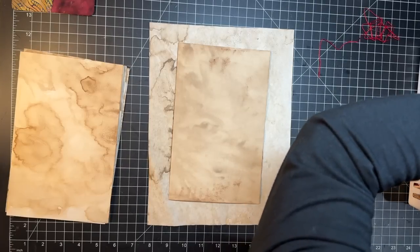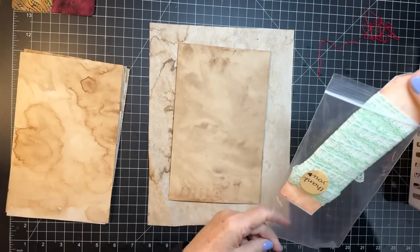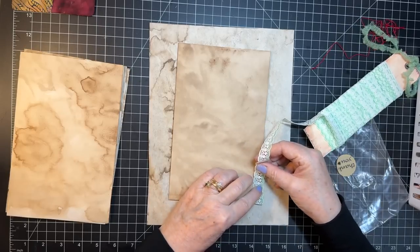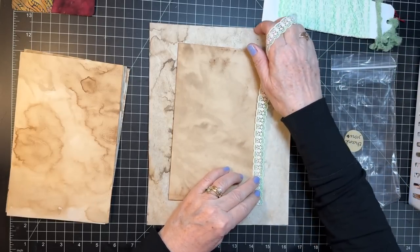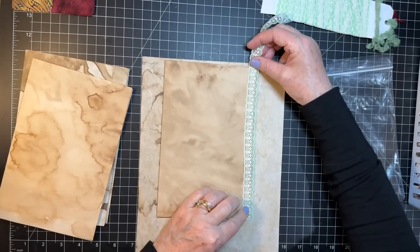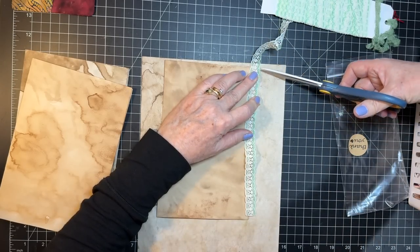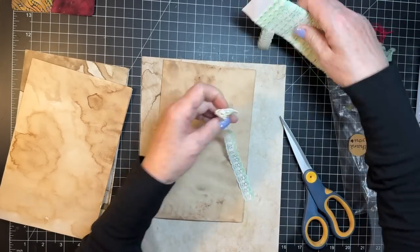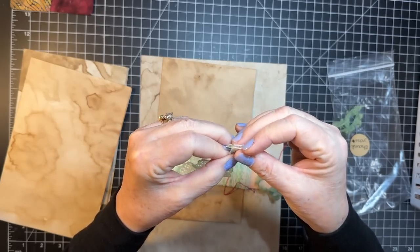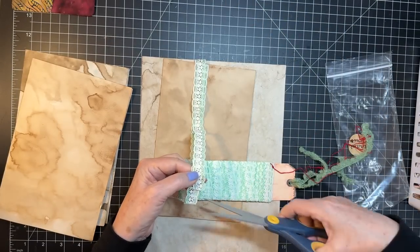And we'll talk about some, what would you say? Some variations. Yes. So this little green one, I've got quite a bit of this lace. And so I think I'm going to put it on the edge of this here. And what I do is often I'll put lace on when the signature's already put together. I just clip one like that, and then I just grab my lace and clip another one, because I like to have the lace on opposite pages, because I think it makes it look balanced when you're